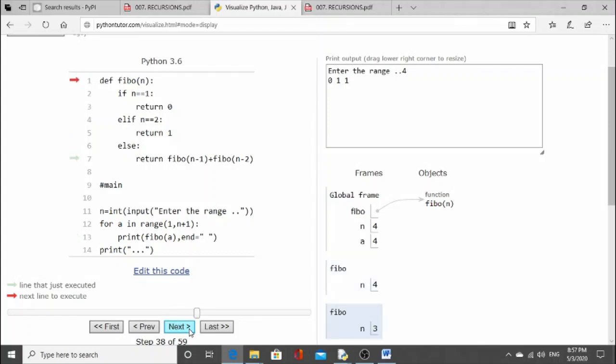So this way you can visualize how your program is working, and it is very easy to learn programming through visualization. So you can see in every step what it is doing, it is clearly explained, and when the final value is written, it is printing 112.